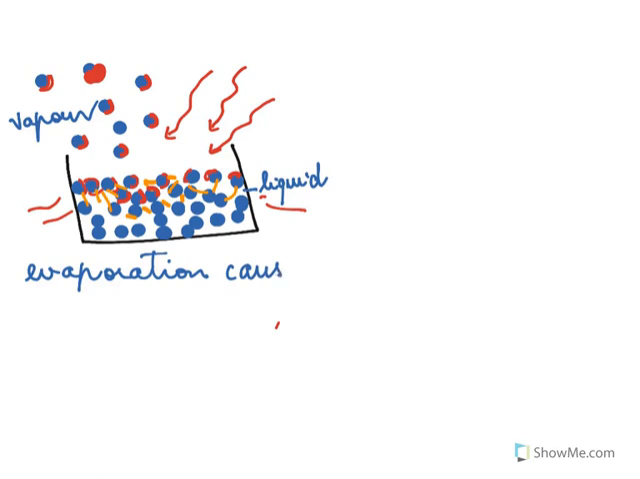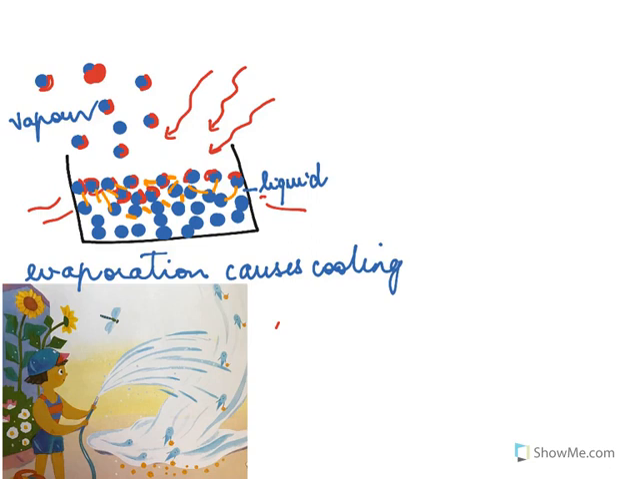evaporation causes cooling. Look at this picture of this little boy. He's sprinkling water on the ground in order to cool it. Why does the sprinkling of water on the ground cool it? We see here that on the ground there is heat, which is denoted by these red dots,